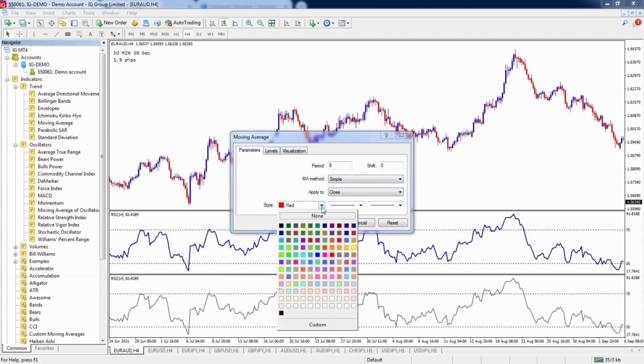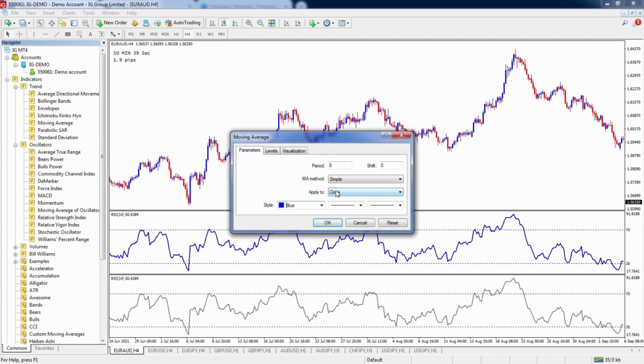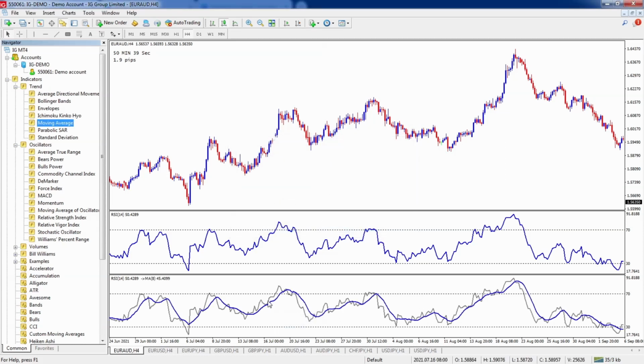I'm going to make this one blue, and I want to apply this not to the close, but to the previous indicator's data. So we'll hit previous indicator's data. I'm going to thicken this one up just a little bit, and we'll hit OK. So now I have a moving average added to the RSI. This is an 8 SMA of the RSI, and we can see already how much smoother this is.